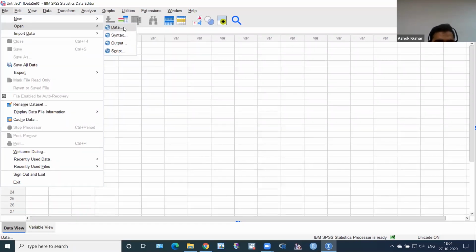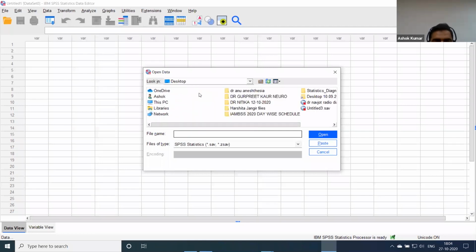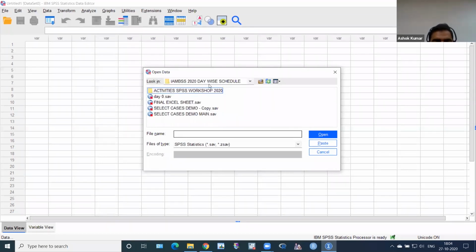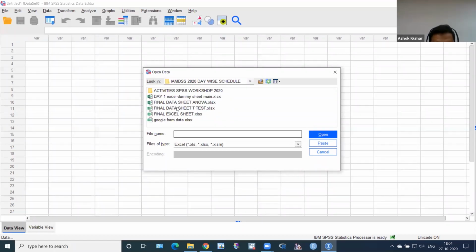You can see where my SPSS file is on the desktop, in the IMBSS 2020 day-wise schedule folder. But there is no Excel file shown, because the file type is SPSS by default. So I click this button and select Excel, and the file t-test came here. Then I click open.